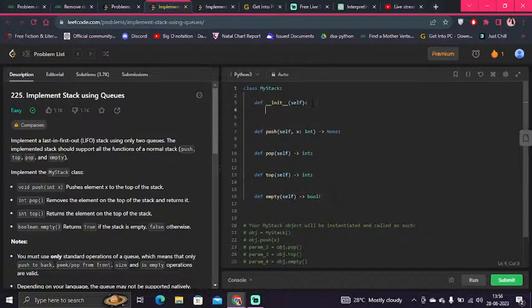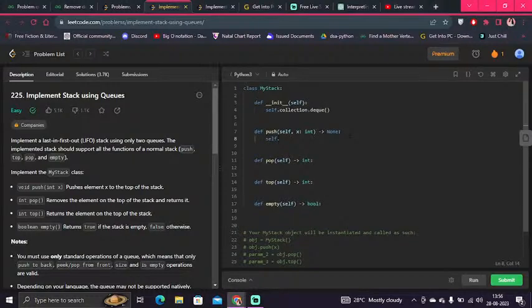The first method we have to implement is to initialize the stack. I think it's going to be easy. We just have to initialize the queue, so we will import collections.deque. Spelling of deque. I forgot to initialize, so we have to initialize a variable for storing a queue. Okay, self.queue = collections.deque(),